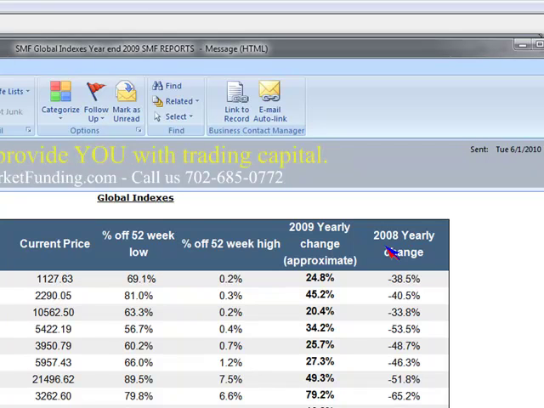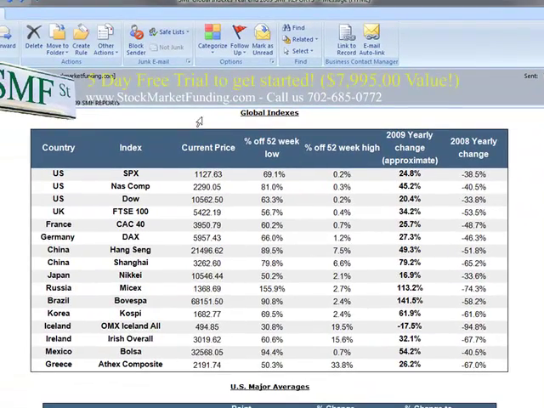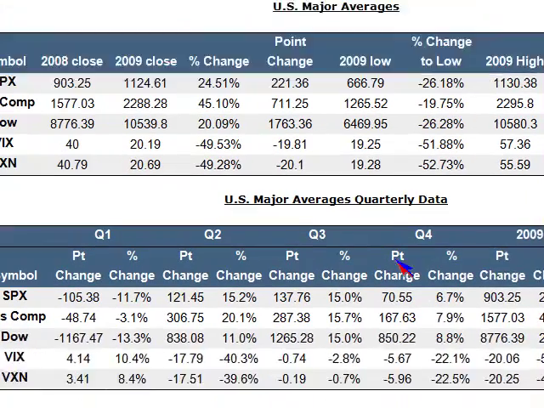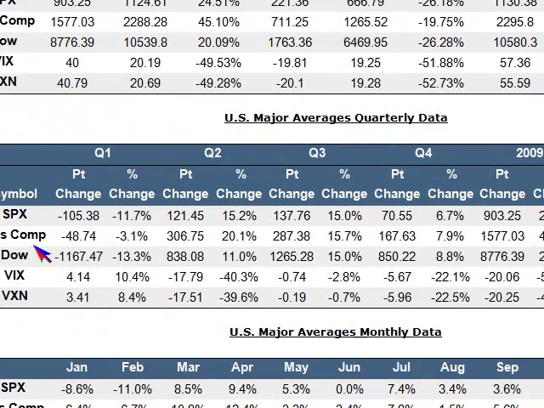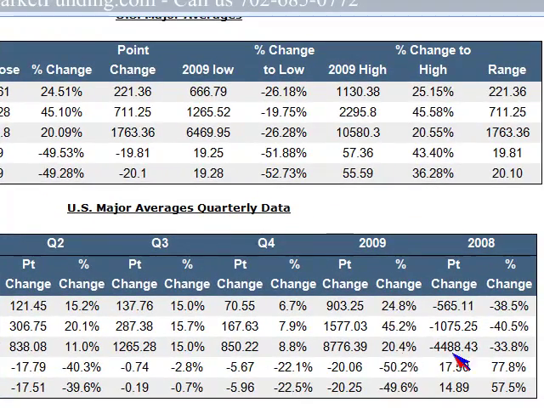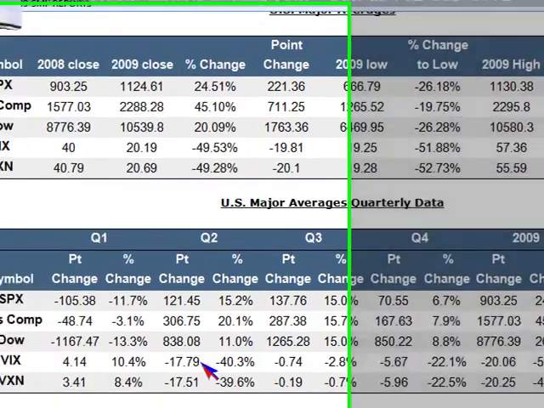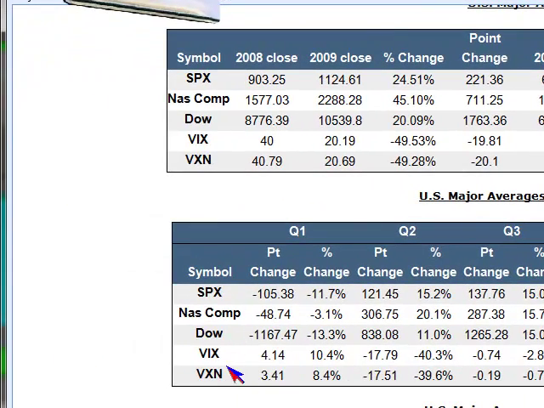And basically what I am going to do is go into the chart of the Dow related to the global indexes and U.S. major averages. But, you know, here's the Dow right here, this column. And we can see what the point changes were, the percent changes, all the numbers are here. Same thing on your VIX and your VXN. Those are the fear indicators, and you've seen a lot of that since we called the market